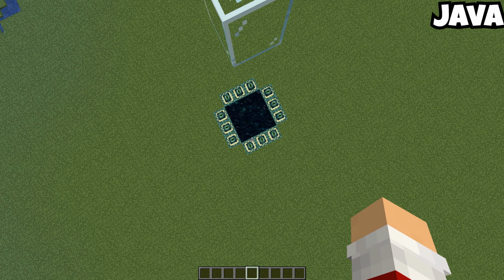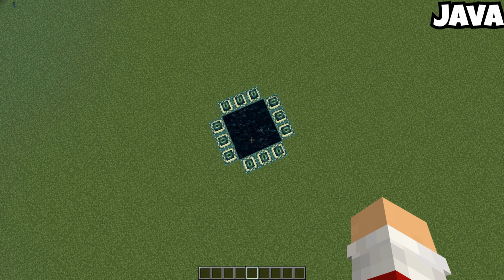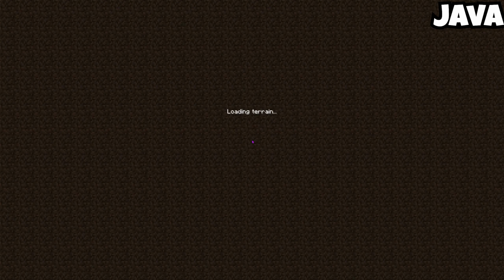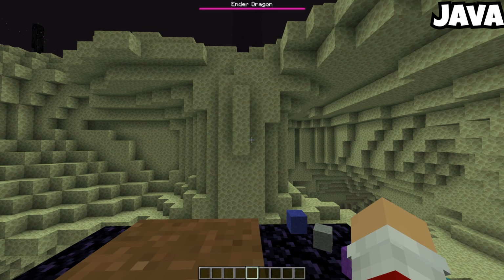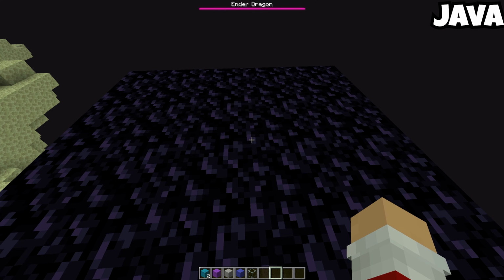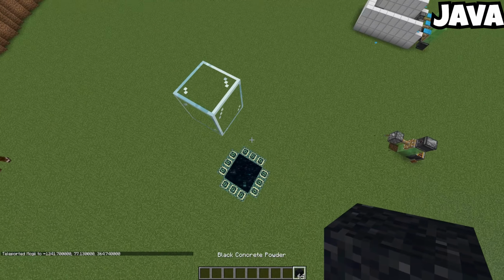Of course, you have to do this in a stronghold. Just don't cheat this in, you know, if you're doing it in survival. But when we jump through here, there should be 2 of each. I did it wrong. You can't drop in many at a time. You have to drop them in 1 at